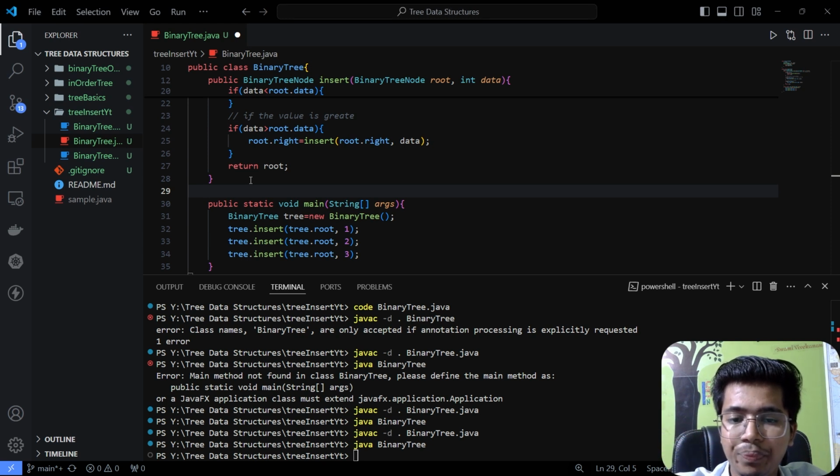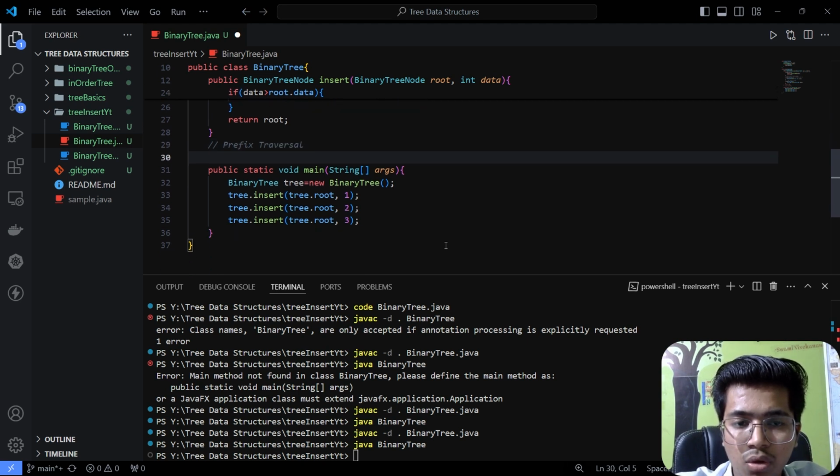If you want to view root first and then left, we have to use prefix. Okay, let's apply prefix traversal. For that we'll write public void